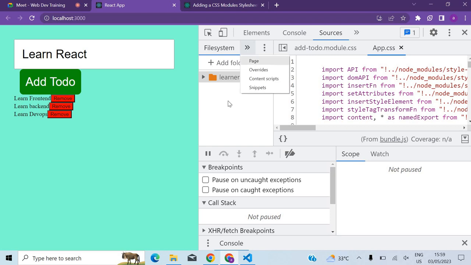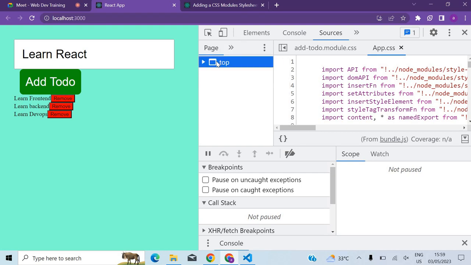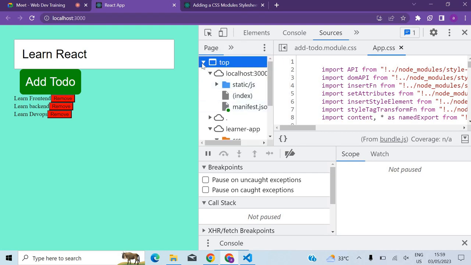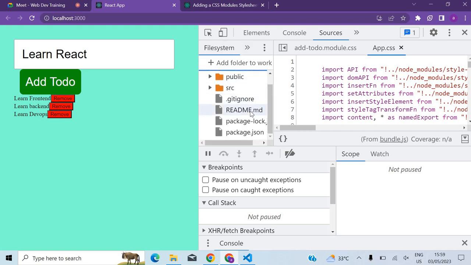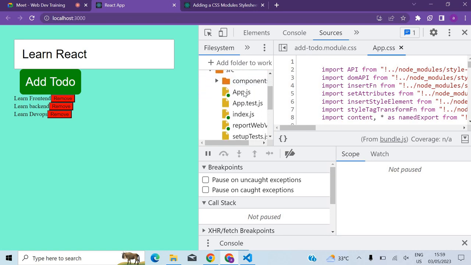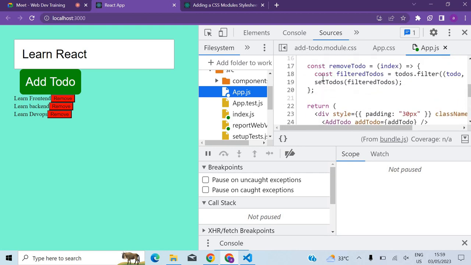Actually, the problem was that this learner app is loaded here, but I had clicked on the page here. That's why I was not able to see the files. So if you want to put the debugger, you have to come here, to the file system. Here we can see all the files that we have. So src, and in the app.js file,